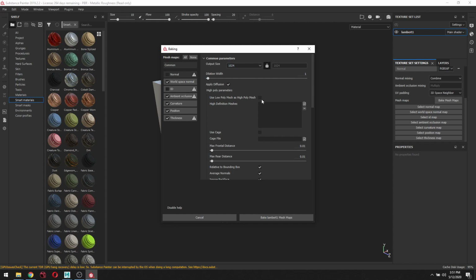For example, when you're in ZBrush you export two meshes, two geometries. You're going to export a low poly mesh, right? And then you're going to export a high poly mesh. What you do is import the low poly mesh, and then bake the high poly mesh on top of it. So this is useful for when you have your ZBrush models. For now, we don't need to. We don't have a high poly mesh, so we're going to say use low poly mesh as high poly mesh. Go ahead and click that,